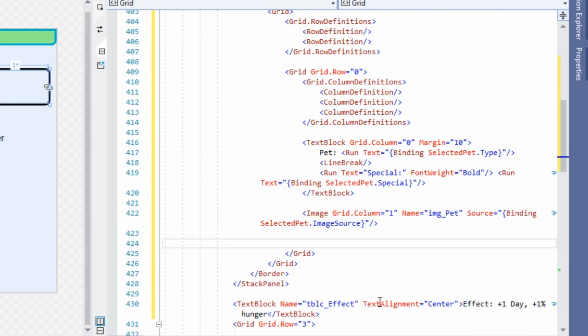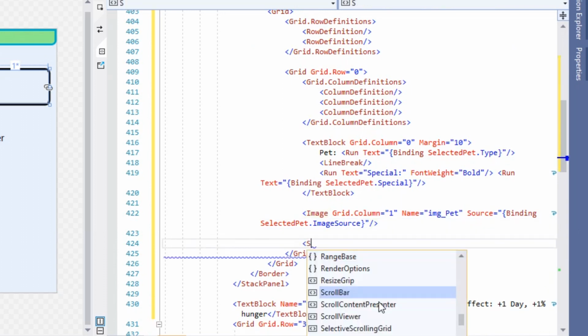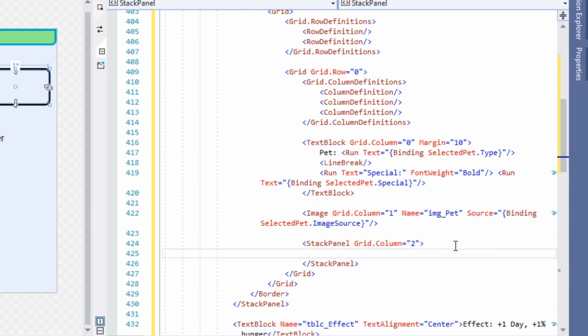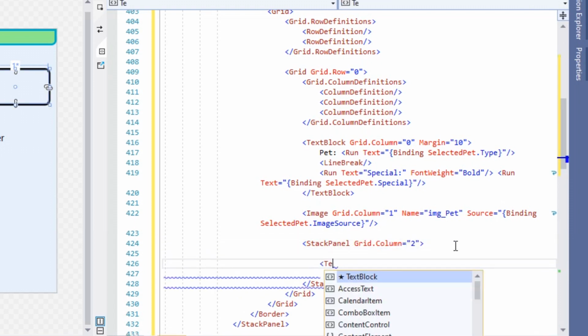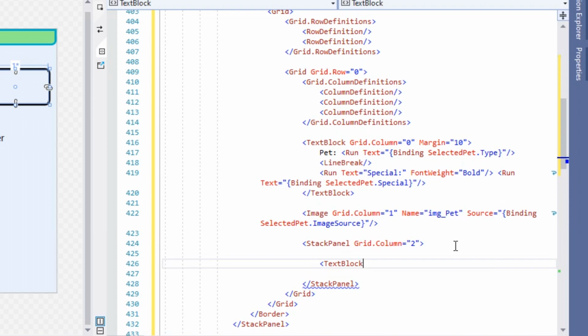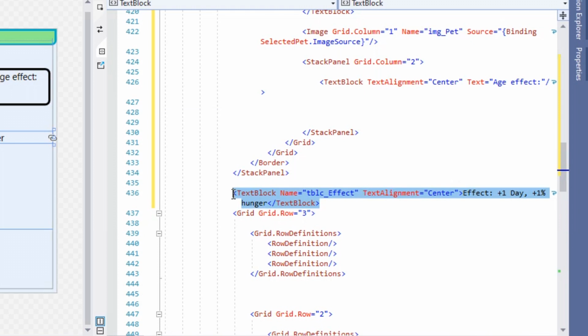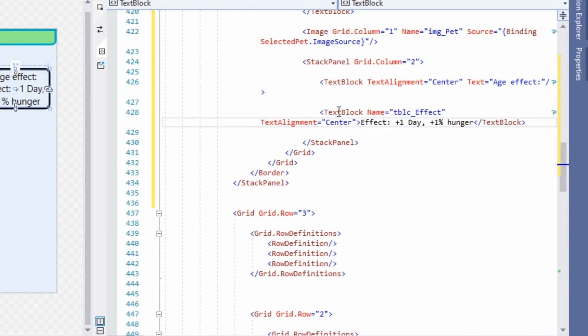And in the third column we will put a stack panel, set it to grid column 2. There we shall put 2 text blocks. Text block 1 will be age effect, just this text. Make it centered. Text block 2 will be our effect text block. Let's put it here.